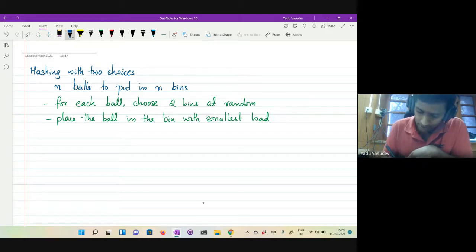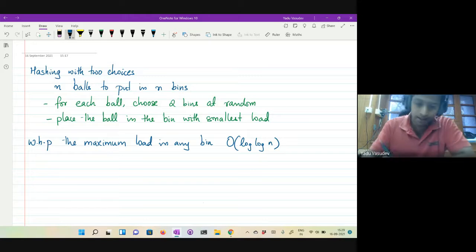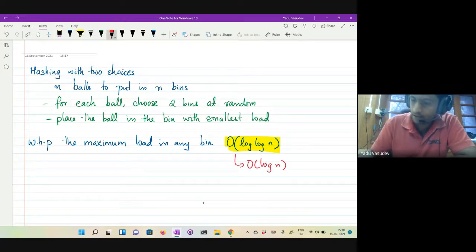With high probability, the maximum load in any bin is order log log n. Recall that this quantity was order log n for normal hashing.